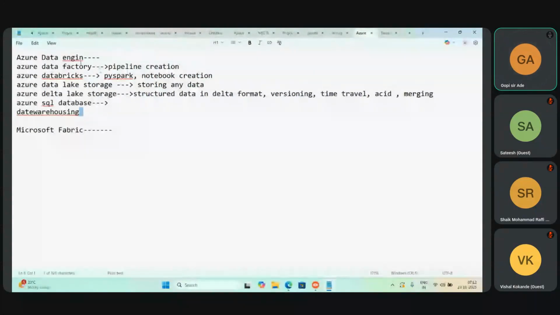Okay, so whenever you want to read the data, first what that Data Factory will do, so you